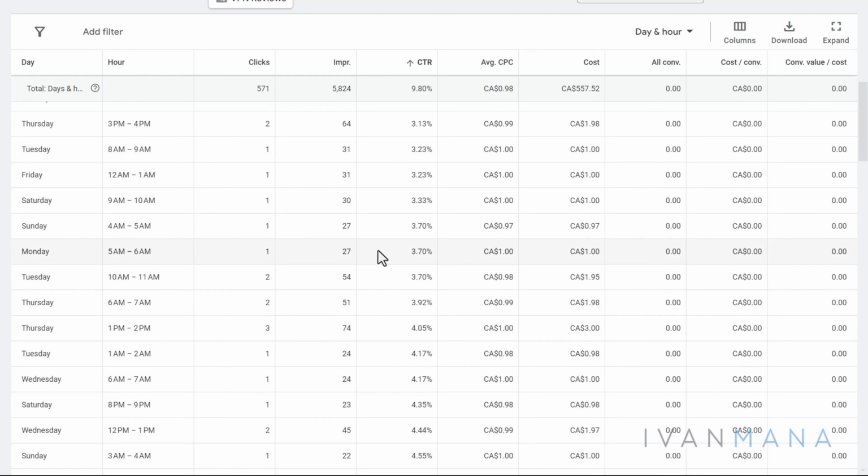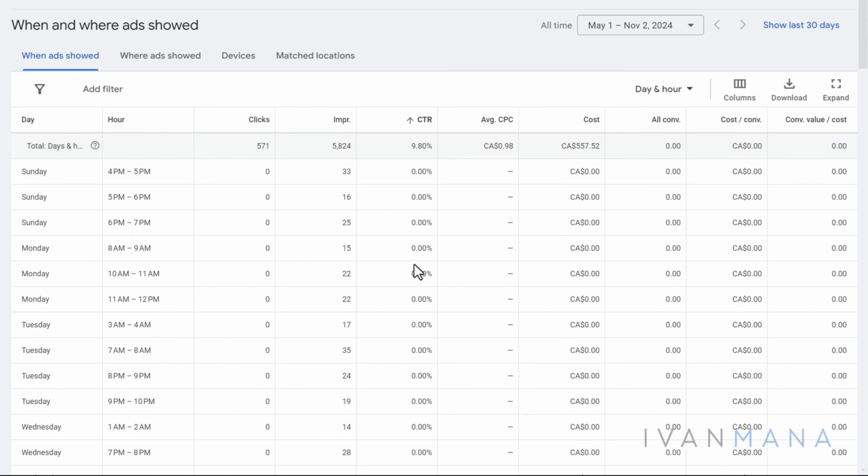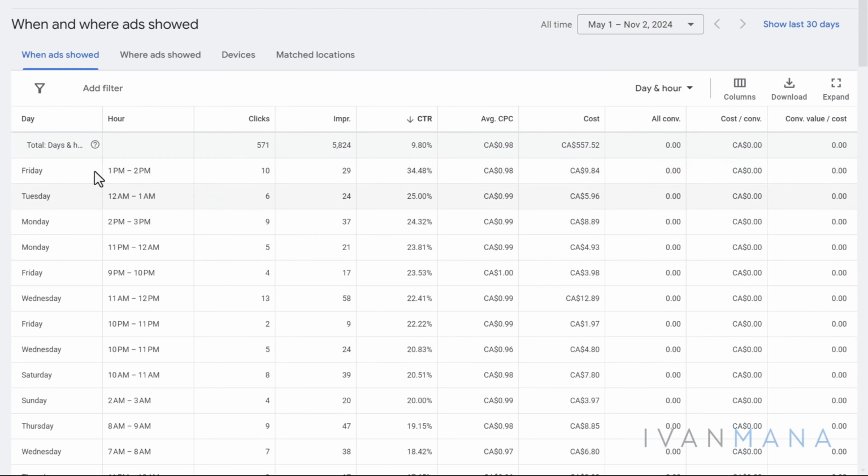You can get a bird's eye view, like Thursday, 3 to 4, maybe people are working. That's not going to work. But what you can do is get an idea. So if we sort by this, for example, Friday, 1 to 2 p.m. has a high CTR. Tuesday. So let's see if there's a pattern, if there's a formula. For example, if people after work are more likely to buy, that's the question we want to ask. So Friday, 1 to 2, people are working. So that doesn't fit our theory or our hypothesis that people after or before work are more likely to buy